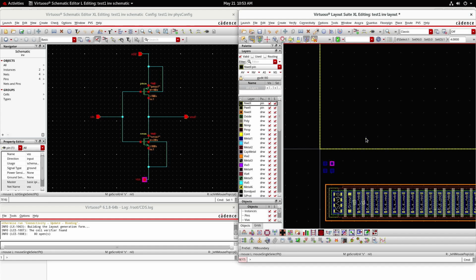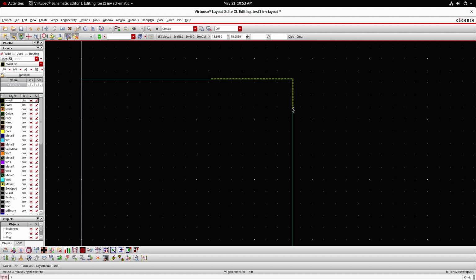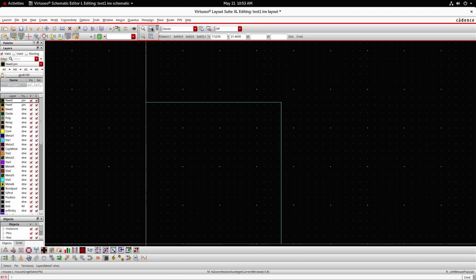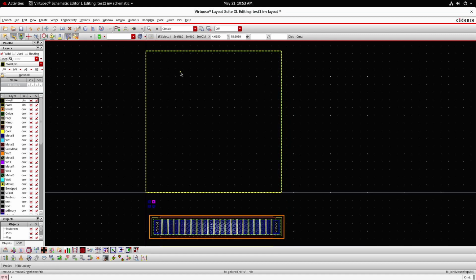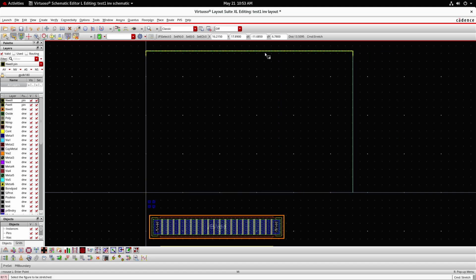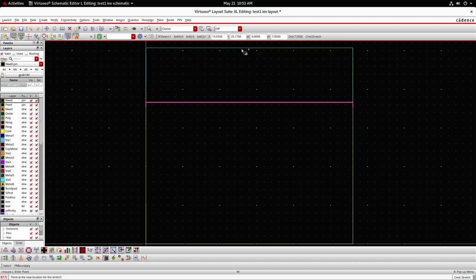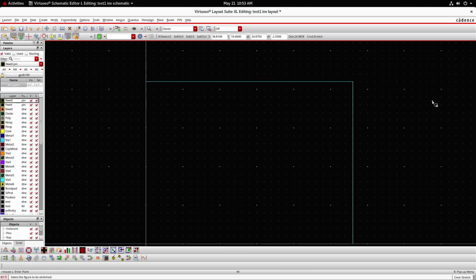Then after this, I need to arrange these transistors in the PR boundary. This PR boundary, I will initially stretch as per my requirement. That is, this is the given PR boundary. Let me stretch it a bit. For stretching, click on this icon, stretch icon. Then bring the cursor near the edge which has to be stretched. Now I am taking the vertical stretching. Then similarly you can do it for the horizontal stretching. After stretching, you come out of that option by pressing escape.